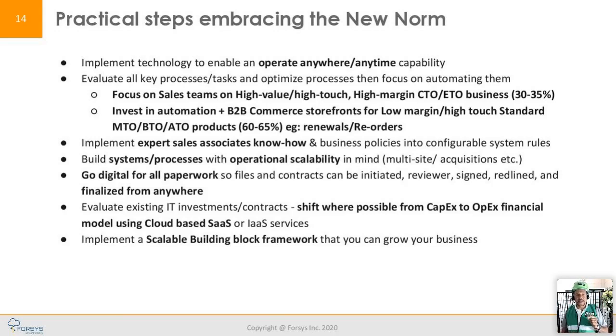The other thing that is happening is as you start losing your workforce due to illnesses or attrition or whatever that is, coming back and solving the problems that creates, which is taking your expert salespeople and really codifying their business policies and knowledge and their expertise into configuration and rules that all your sales will become experts. You don't have to go through the ramp-up learning cycle of the churn of individuals through the process, so you can enforce your governance that goes back to your control tower.